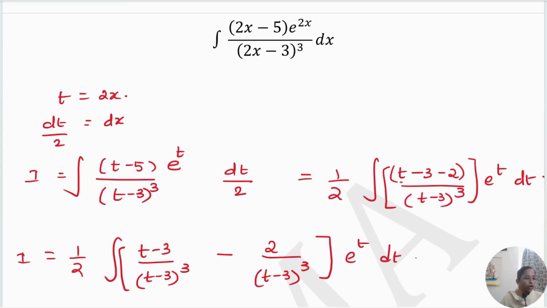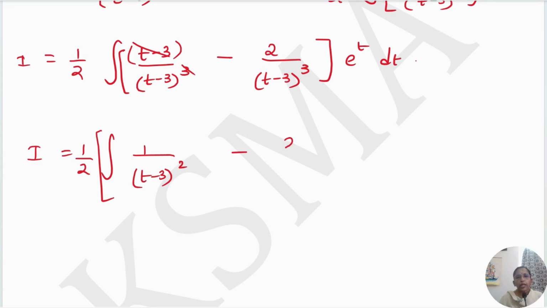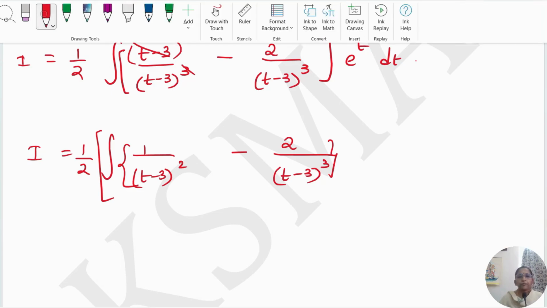So we know our formula. In this case, we can cancel an item. So it will be 1 by 2 integration of 1 divided by (t minus 3) to the power 2, minus 2 divided by (t minus 3) to the power 3, with the multiplication e power t